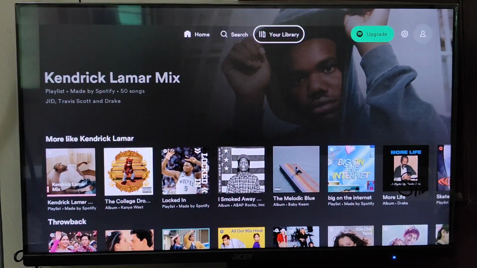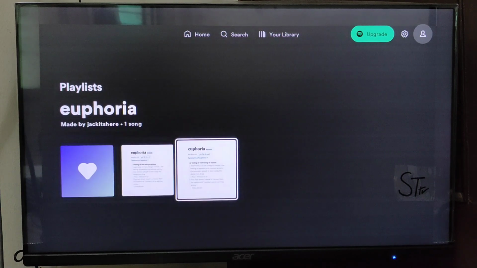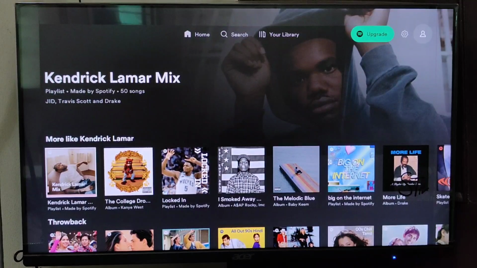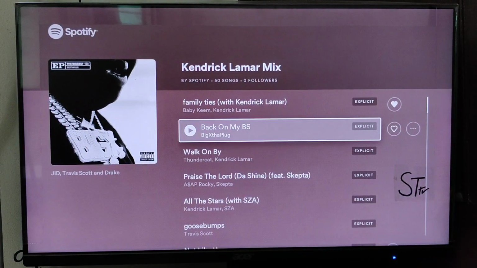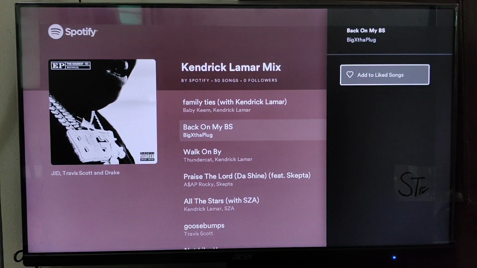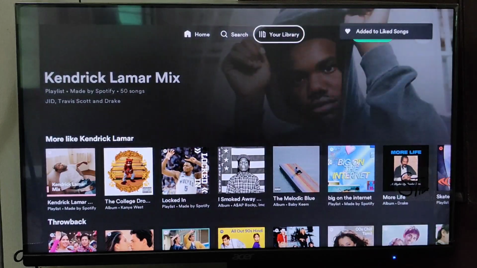So when you open the Spotify app on your PS5, and if we go in the library, here you will see all of the playlists. Now, to put this song into a playlist, if we open this song and click on the three dots, there is no option to create a playlist or add it to a playlist. The only option available here is to like the song, and it will be added to liked songs on the